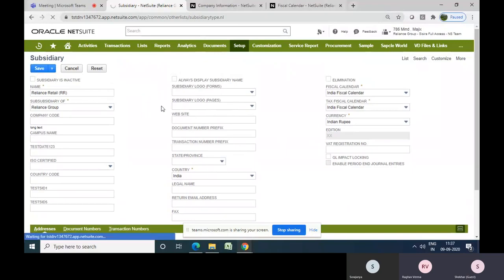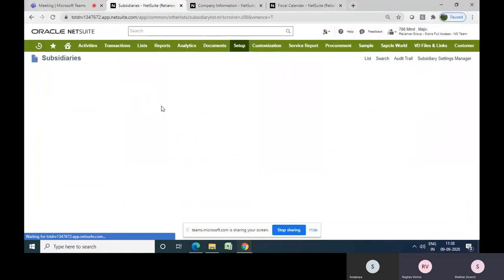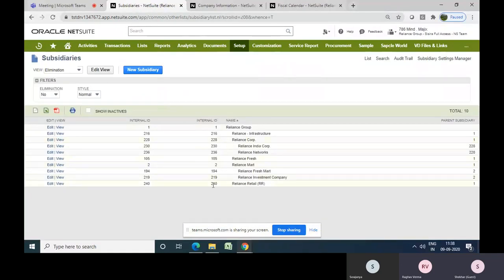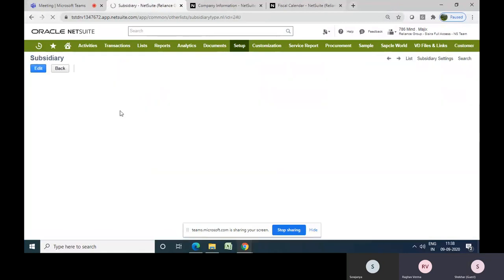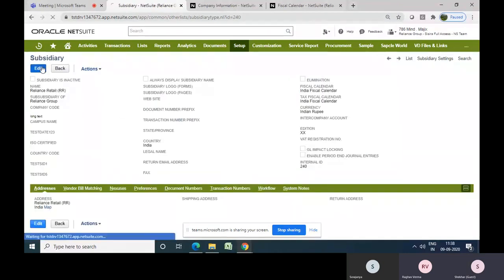This time we are able to save it without any error because we have inactivated one, so space was there for this license. One license was free, and I was able to create this one. Now if you open this one, view and edit,